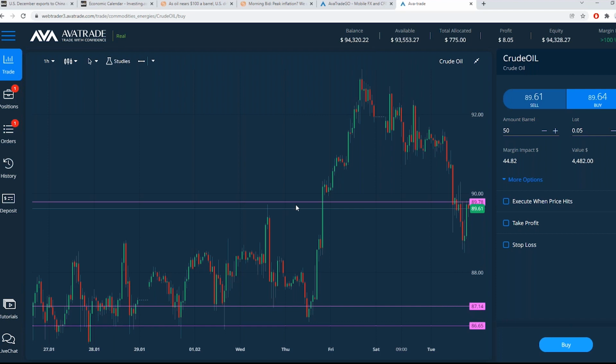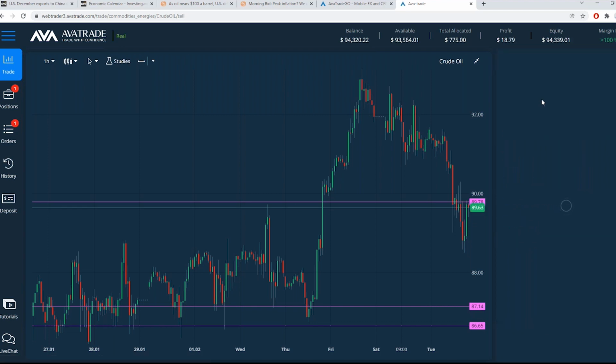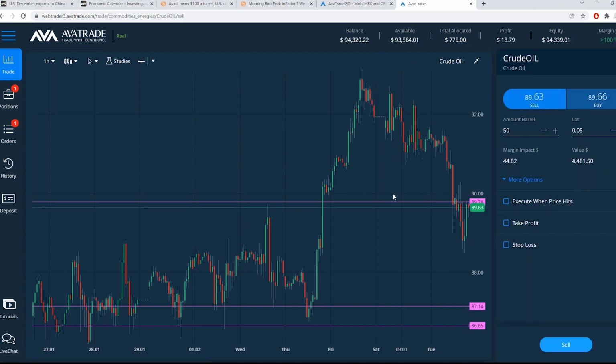Okay, so the technical analysis here could say, listen, US dollar is strengthening today. We saw that going up against the yen. US dollar index was up. So that works against crude oil to be able to easily climb. Doesn't mean it won't climb. So you could do a market sell with stop loss above this resistance, and I don't have to risk much to do that. So if I want to sell here, put stop loss just above 90, which is where this resistance is. So 90.50, let's say.